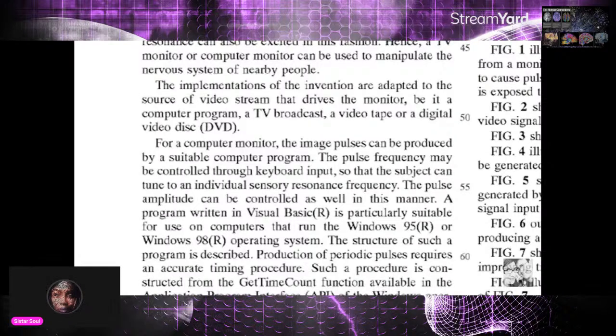A program written in Visual Basic is particularly suitable for use on computers running the Windows 95 or Windows 98 operating system. The structure of such a program is described. Production of periodic pulses requires an accurate timing procedure, such as a procedure constructed from the GetTickCount function that is available in